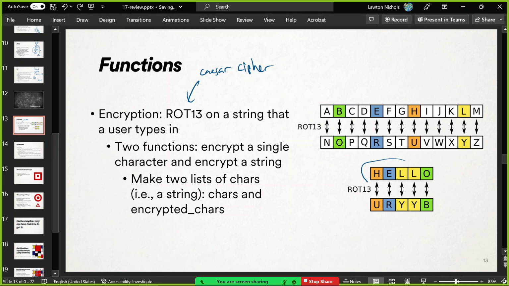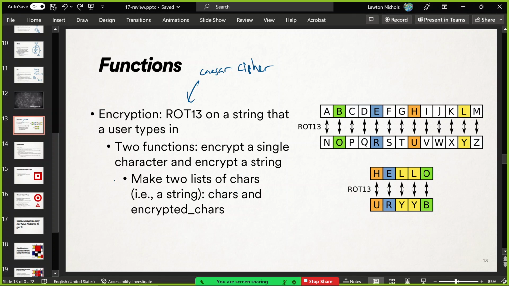And if you were going to encrypt hello, for example, the H would become a U, the E would become an R, all that fun stuff. LL, and then O becomes a B. 13 letters later, wrapping around as necessary. And yeah, that is the encrypted form of hello. And then the beautiful thing about the Caesar cipher is that there are 26 characters in the alphabet. 13 is half of that. So if you just run the Caesar cipher again on your encrypted thing, it will give you hello back. And so that's, I guess, how back in the day when the Romans were fighting, they passed secret messages. So it's very easy to break the cipher. It's a good example, I think.